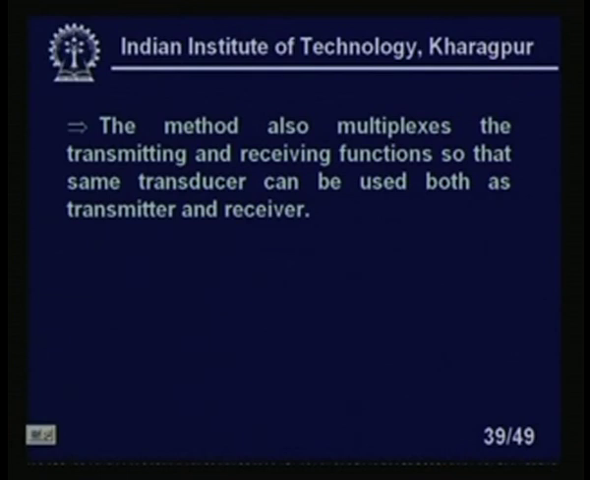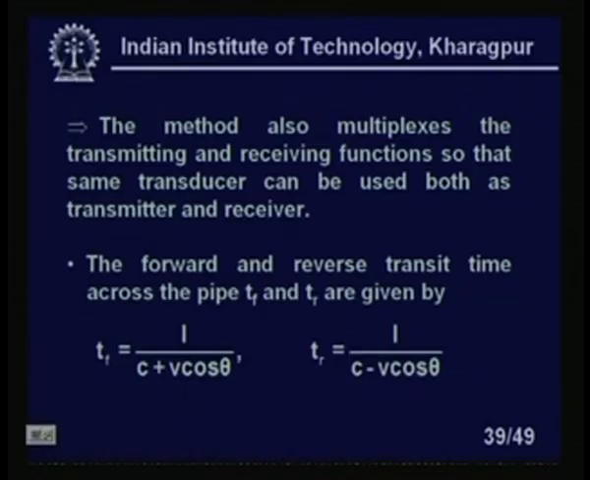The method also multiplexes the transmitting and receiving functions, so that the same transducer can be used both as transmitter and receiver. Some multiplexing signal should be there. When the transducer is working as a transmitter, during that time you should not receive any signal. So, you have to make some multiplexing arrangement, which again adds to the cost of the signal processing circuitry of this type of transducer. The forward and reverse transit times across the pipe, TF and TR, are given by